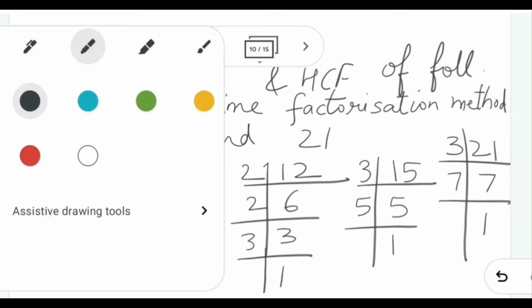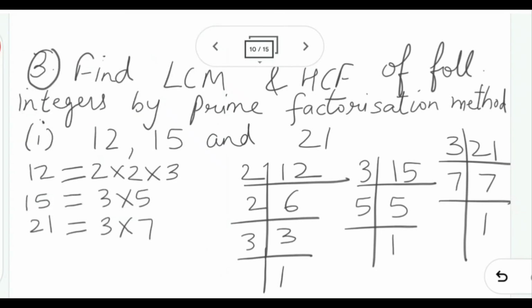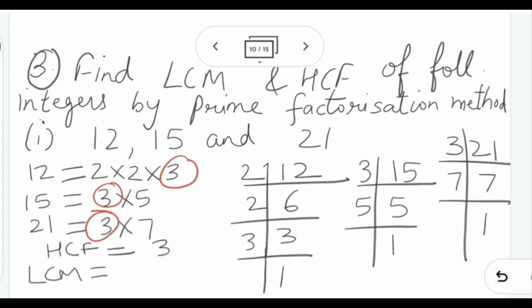Now we will try to find the common factor. We can see 3 is the common prime factor in their factorization. So HCF of these numbers is 3. Now to find LCM, as I explained earlier, we will write all prime numbers. Which prime numbers are appearing here? 2 is coming, 3 is coming, 5 is coming, and 7 is there. And we need to mention